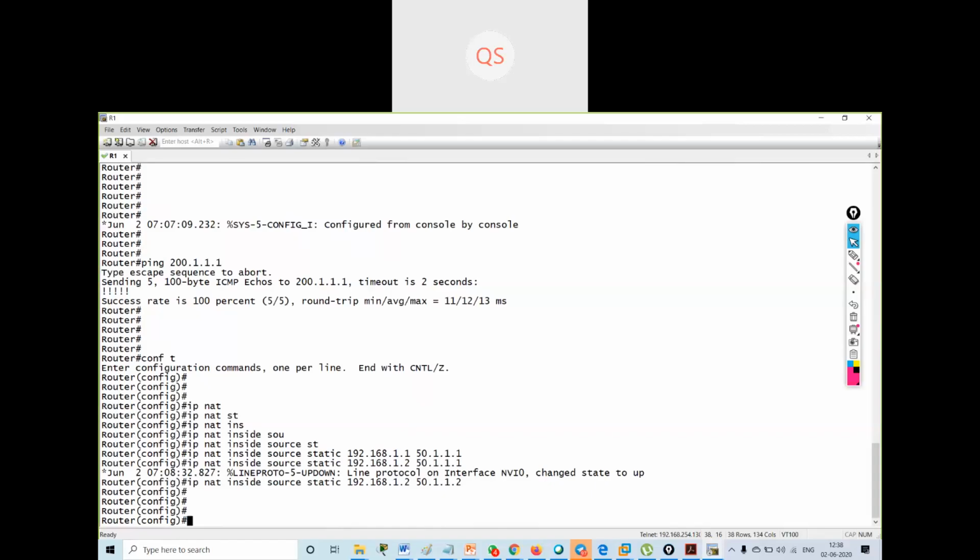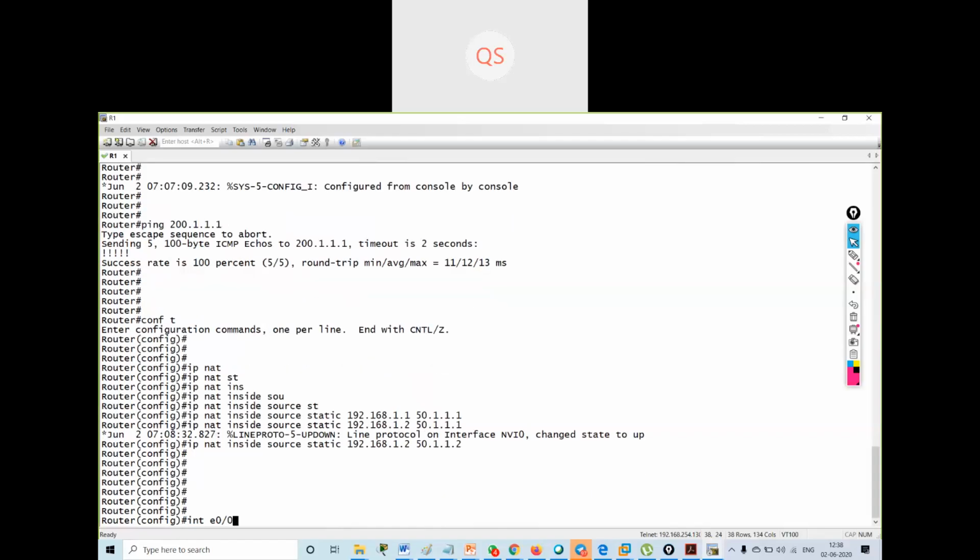Got it? Now I will implement this on the interface.